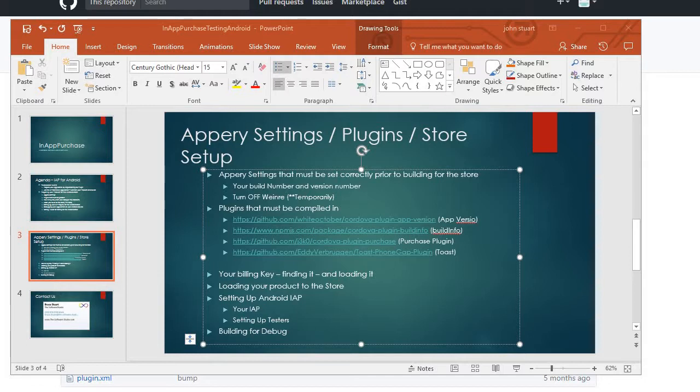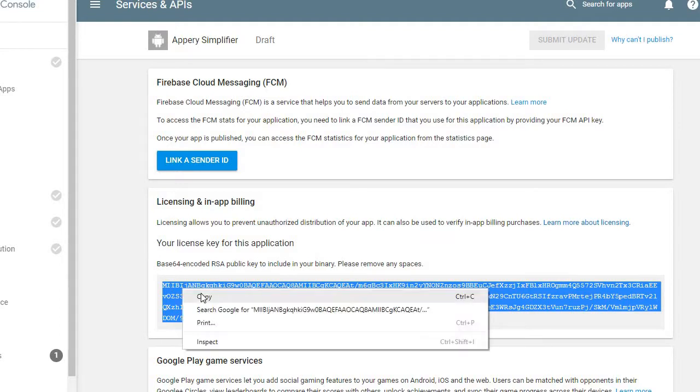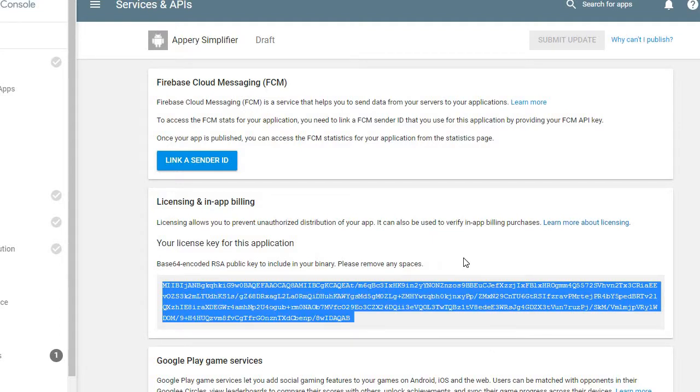Next, after you've brought in all the plugins, you'll need to tell the purchase plugin about your billing key, where to find that, and then you're going to need to load it into the plugin. So on your Google Play console, you'll go to Services and APIs, which is a selection on the bottom left of the screen, on the main menu for Google Play console. You're going to find your licensing and in-app billing key. Here it is. You can triple click it or double click it, copy it, and then